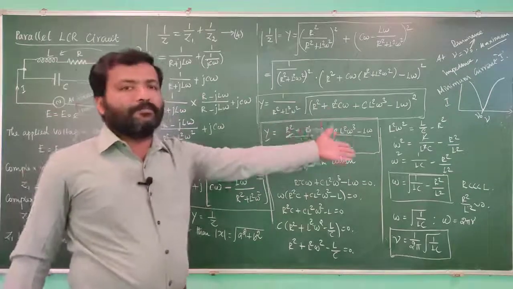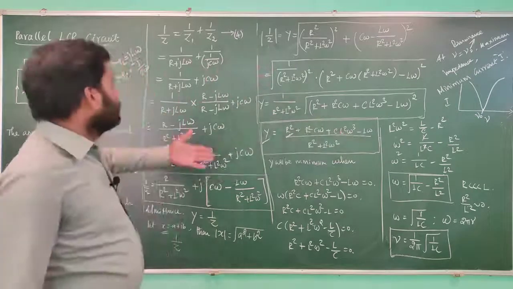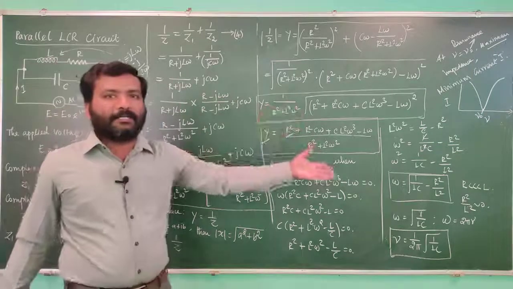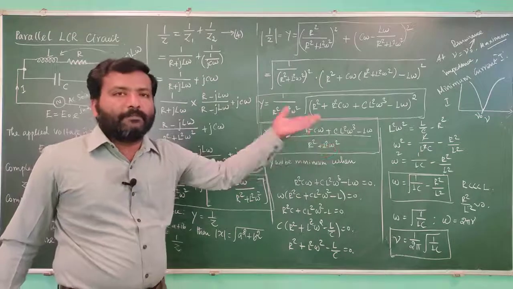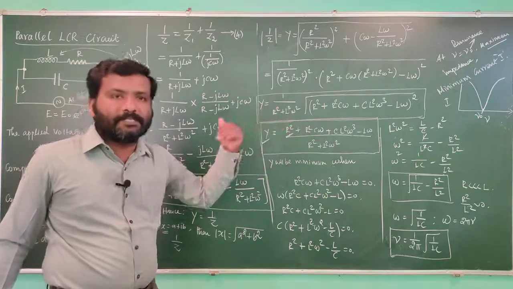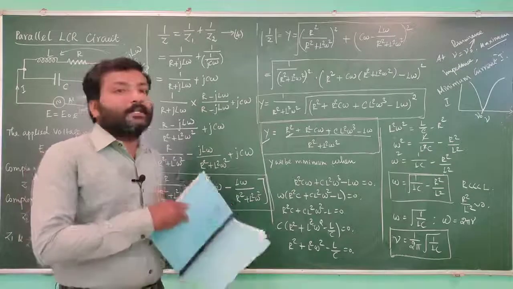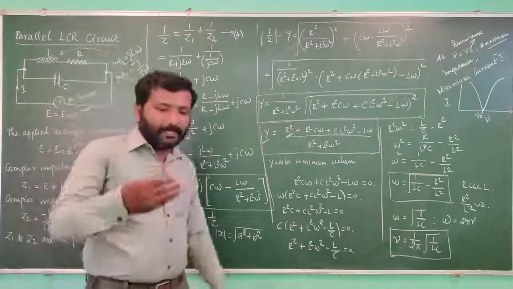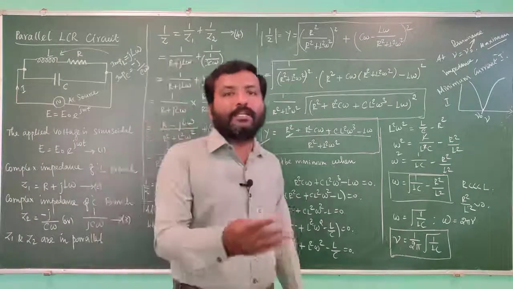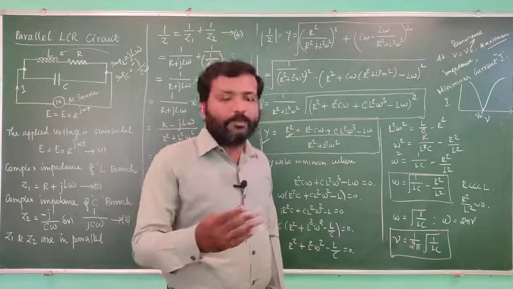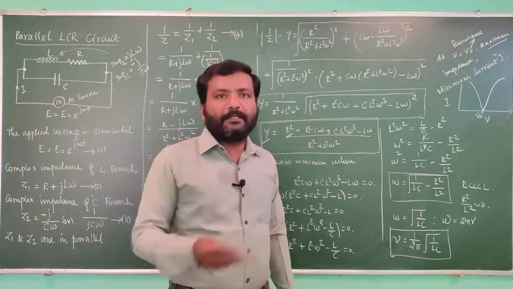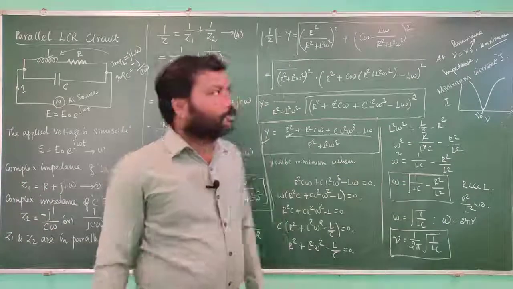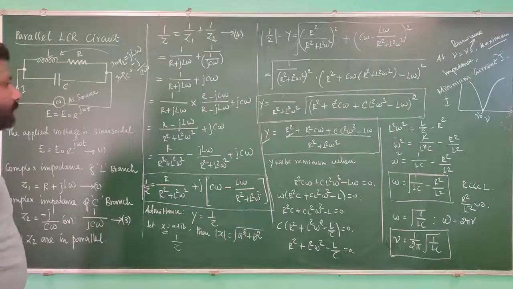At resonance frequency, that frequency nu naught has minimum current in this circuit, which means that when compared with other currents, the current corresponding to the resonance frequency is filtered out. It is rejected by the circuit. That's why it is called a rejector circuit or filter circuit. Parallel resonant circuits are used to filter out or reject some frequency of current in a current which has multiple frequencies. So this is the parallel LCR circuit and its mathematics.